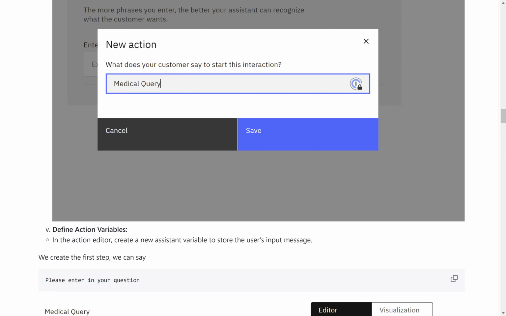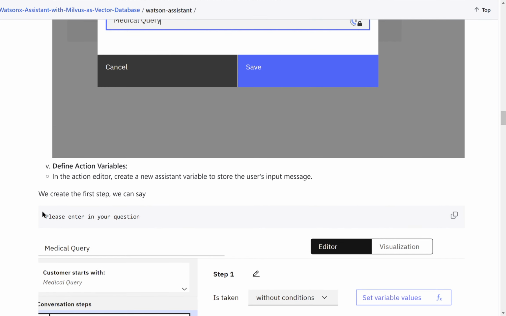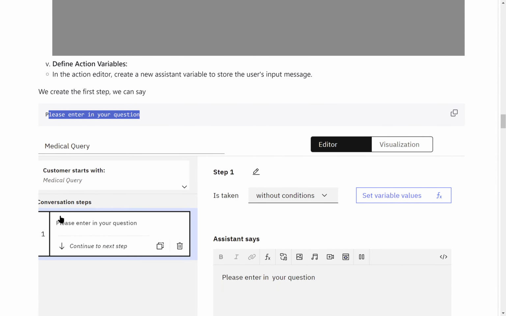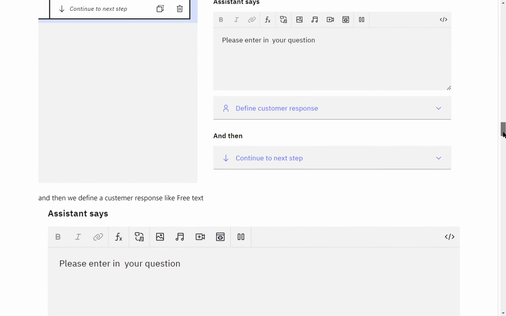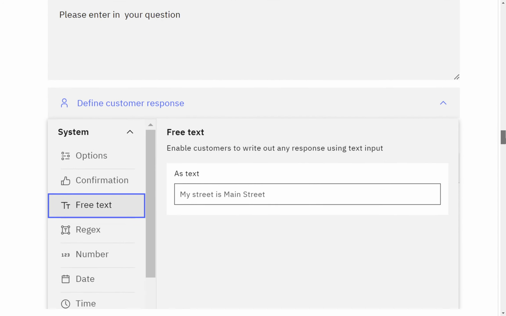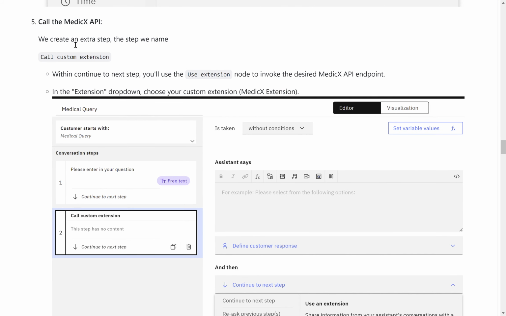We define the action variables. For example, here we type down, please enter in your question in the first dialog here, and after we define the custom response. If we choose free text, after we have chosen that, we go to new step that is called call custom extension. In the call custom extension, we simply